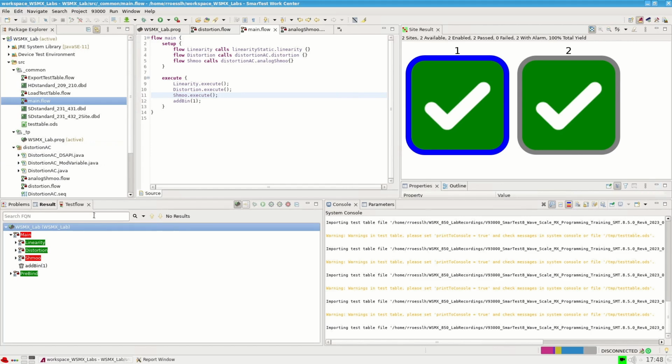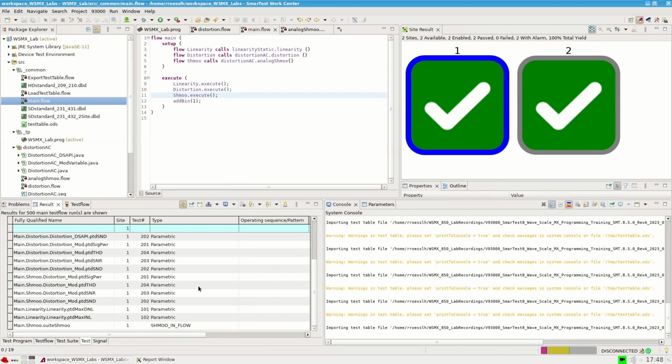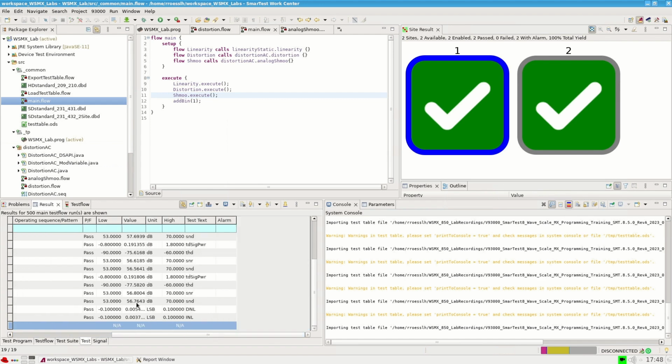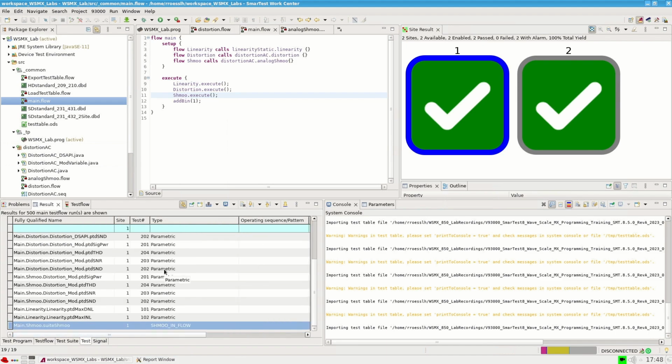And now the last thing to do in this task number 6.1 is to execute the shmoo. For that we just run the entire test program, and you now see that the shmoo was executed. You can go into the results, you will see the shmoo here, and of course we don't have not applicable values here since we shmoo over a test suite parameter. So that would be it for task 6.1, and we will